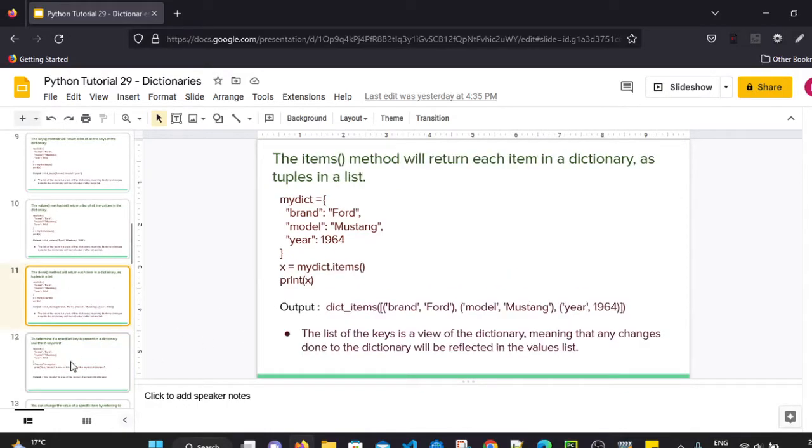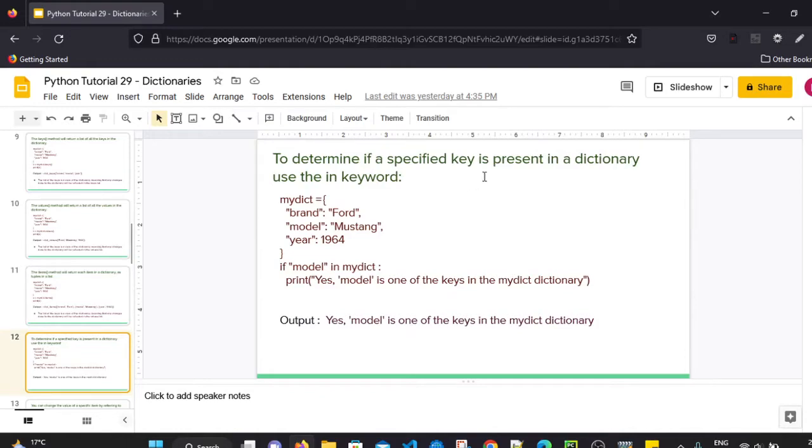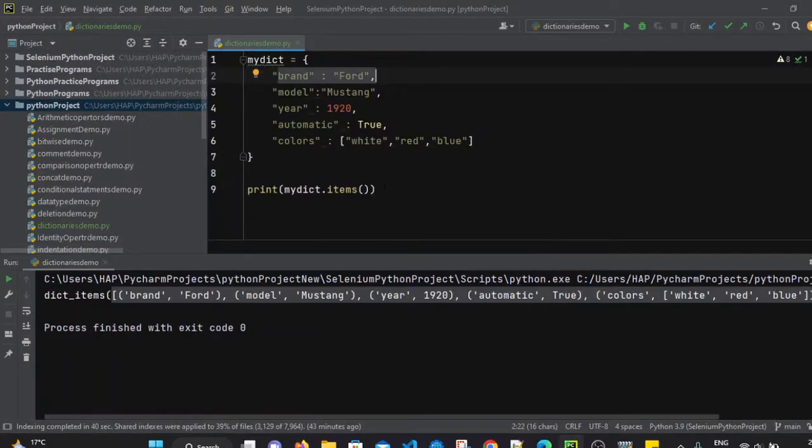Now let's say to determine if a specified key is present in a dictionary or not, we can simply use the in keyword. Let's say I want to find out if model is present in my dictionary, then I can simply print yes by using the in operator.